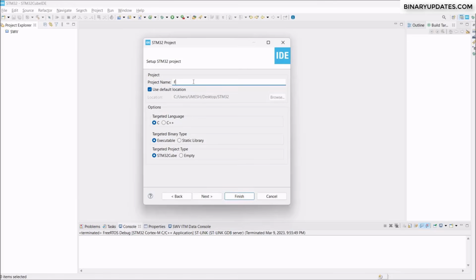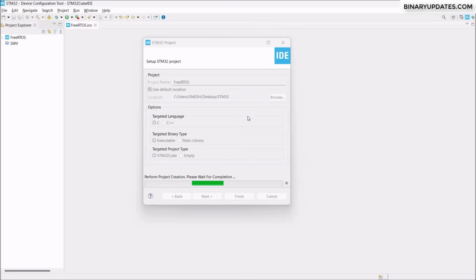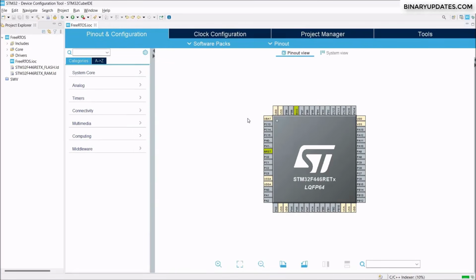Then it will ask us to give a name for the project. I would like to call this project FreeRTOS. Okay, and I'm happy with all the default settings here. So click on Finish. This basically configures the project for us. You can see in the left pane, we will have a project with the name FreeRTOS. It takes a couple of minutes to configure the project for us, so please wait and watch. Once the configuration is done, you can see the project is created and we will be presented with the pinout and